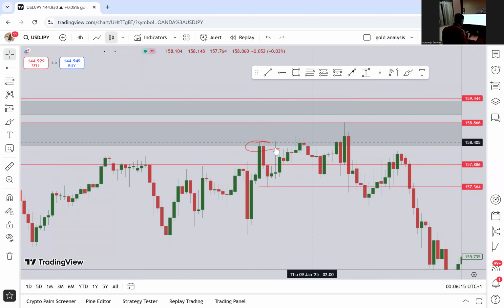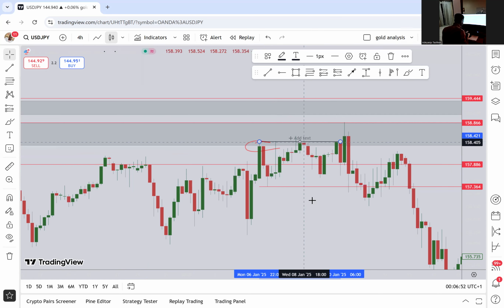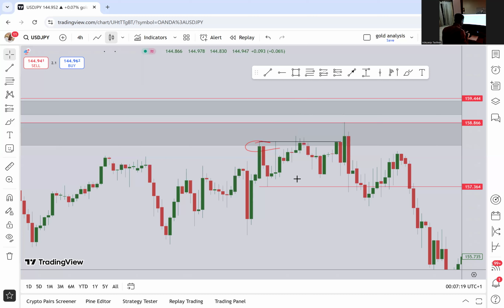So just move down and break the low of the rejection from the first point of contact. We want to say something like this. Price broke the first point high, but it didn't push ahead and traded more inside of that supply before finally getting down and then breaking the first point of contact. Now that this has happened, what we need to do is take out the Fibonacci, like I explained in the first video. We'll take out the Fibonacci and measure from